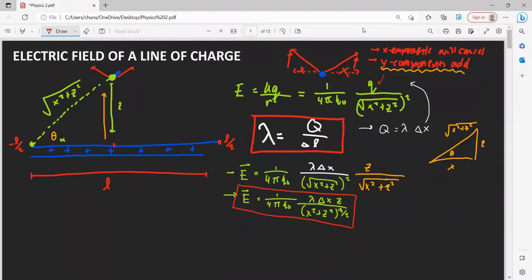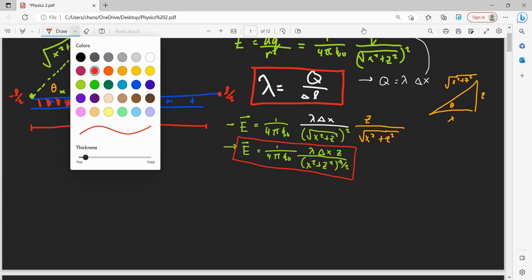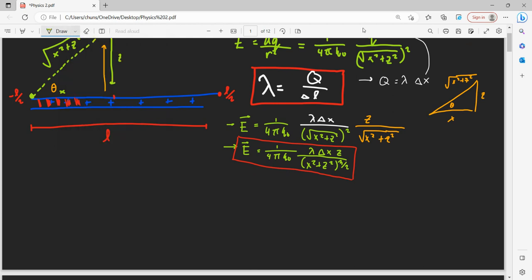But we're not quite done yet. So for full accuracy, we want to consider each of these sections to be infinitesimally small and add them all up together to get that net electric field from that point P. So when we hear infinitesimally small portions, that should click something in your brain to want to integrate this. So if we were to integrate this equation, epsilon 0